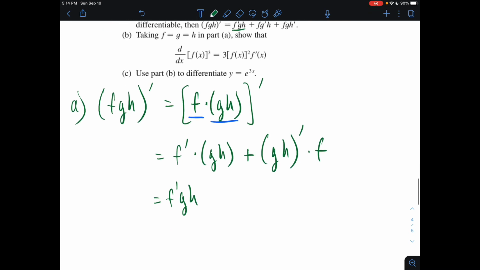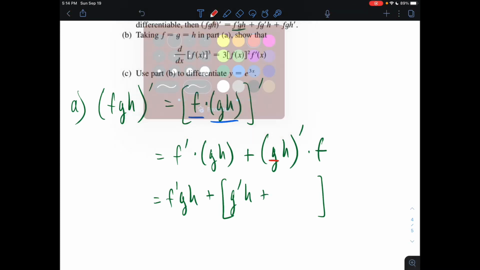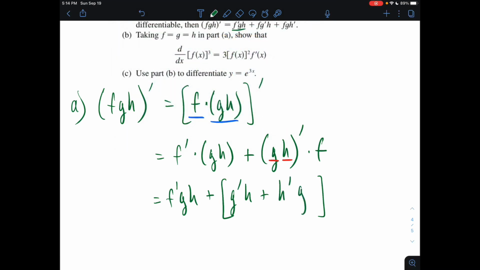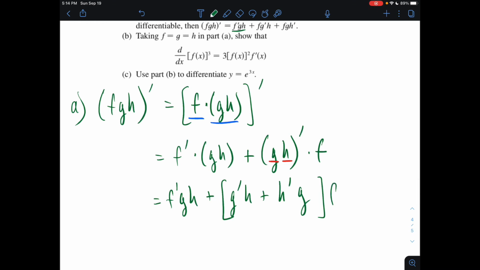But now we need to find the derivative of the product g times h, which just means the derivative of g times h, and then plus the derivative of h times g. And all of that is in the square brackets that has to be then multiplied by f, which